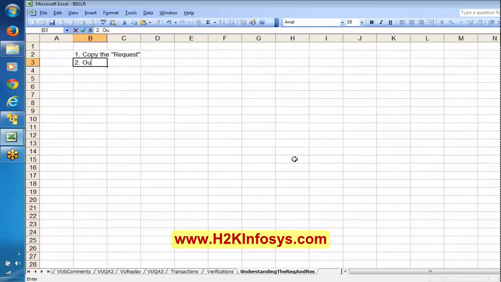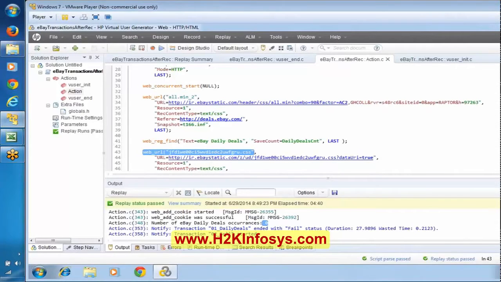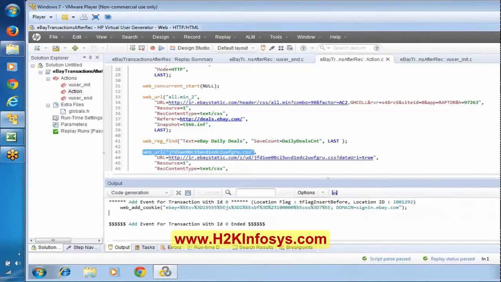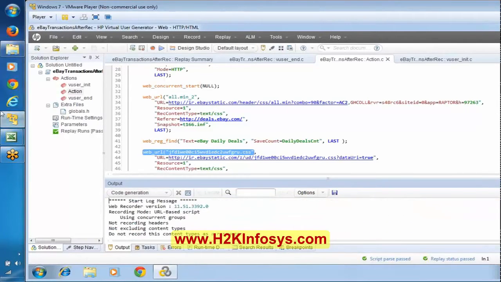Under the output pane, go to code generation. Here under the output pane, select code generation, and go to the first line over here.